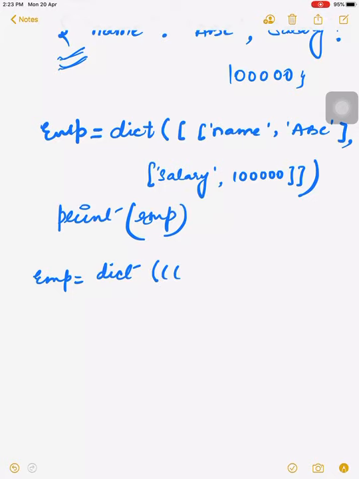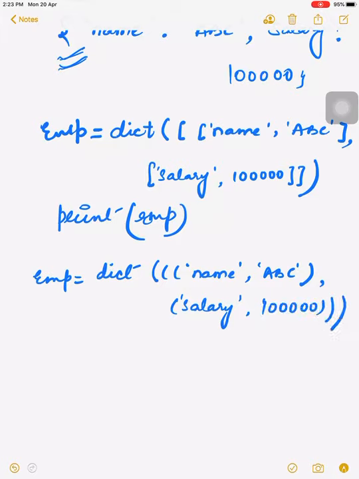Same way, we can also convert a tuple. We can also pass the tuple in the dictionary function. For tuple passing, what do we have to do? We simply write dict. We write here name comma ABC, one tuple.